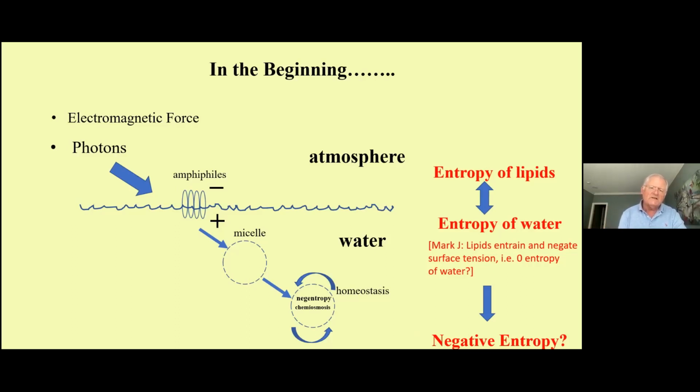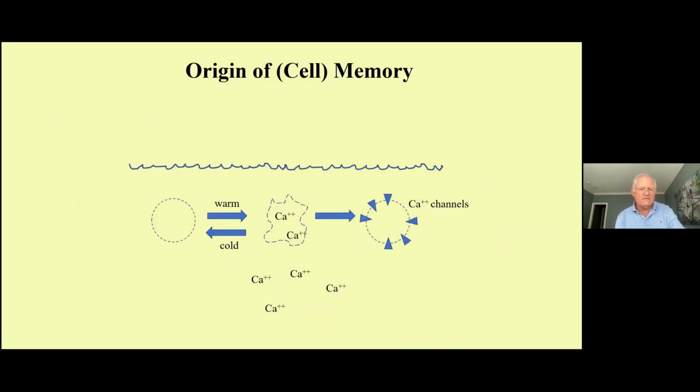Schrodinger's idea of life in his book, What is Life, published in 1944. Next slide. So as contrasted with the conventional way of thinking about memory, I think that memory actually was a product of these micelles, because if you imagine that these micelles were floating near or at the surface of the water in the primordium, the sun would warm them up and these lipids would deform, because that's what lipids do. They liquefy when they're warmed. And then at night, without sun, in the cold, they reform. They have memory, they have molecular memory. And in the process of doing that iteratively over and over again, they